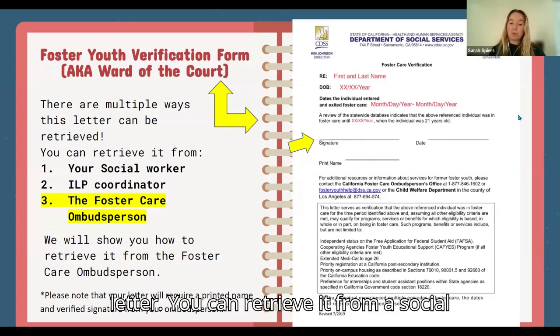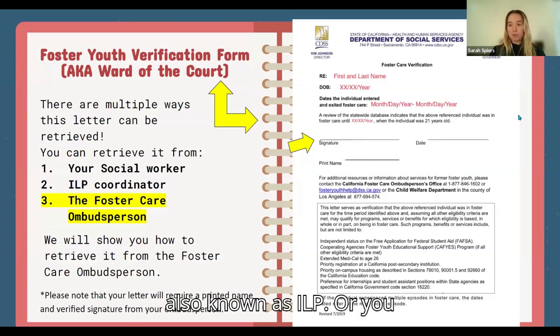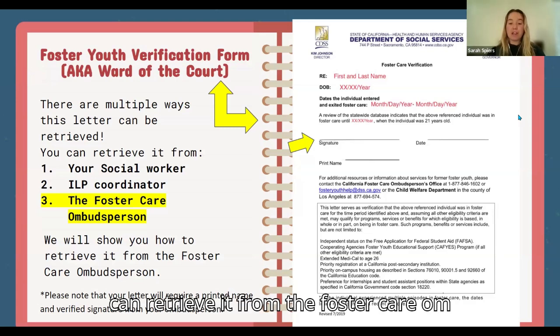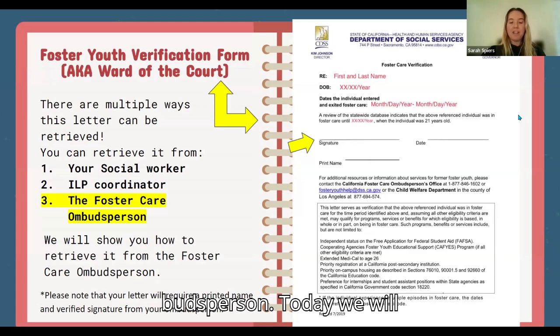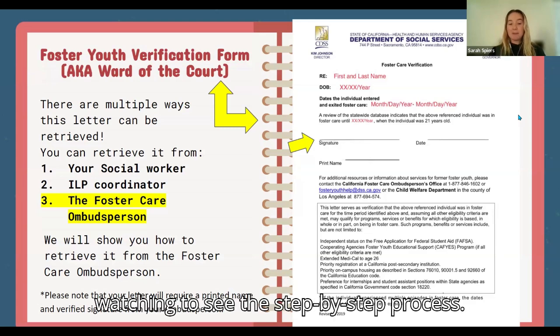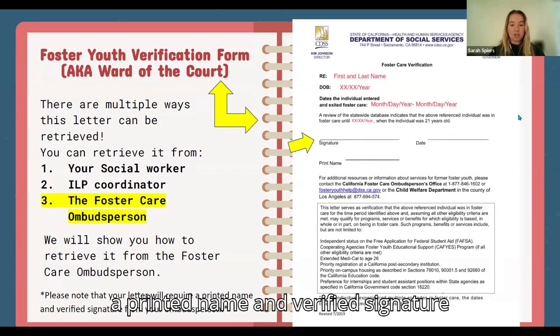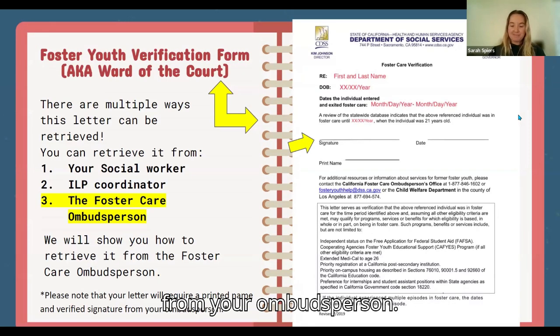You can retrieve it from a social worker, from an independent living program coordinator, also known as ILP, or from the foster care Ombudsperson. Today, we will show you how to retrieve it from the foster care Ombudsperson, so keep watching to see the step-by-step process. Please note that your letter will require a printed name and verified signature from your Ombudsperson.